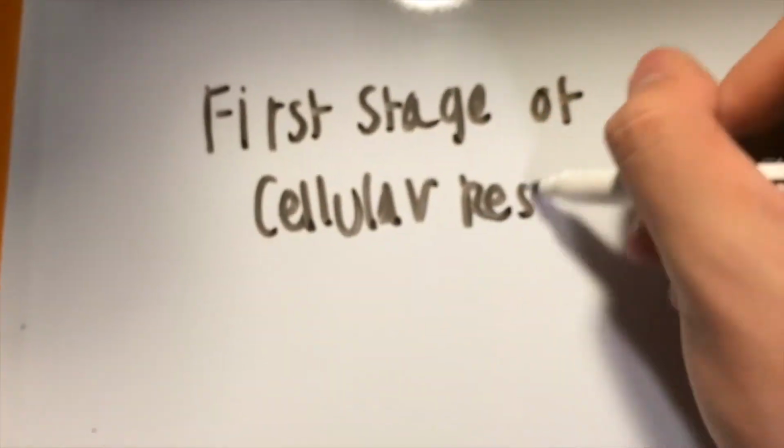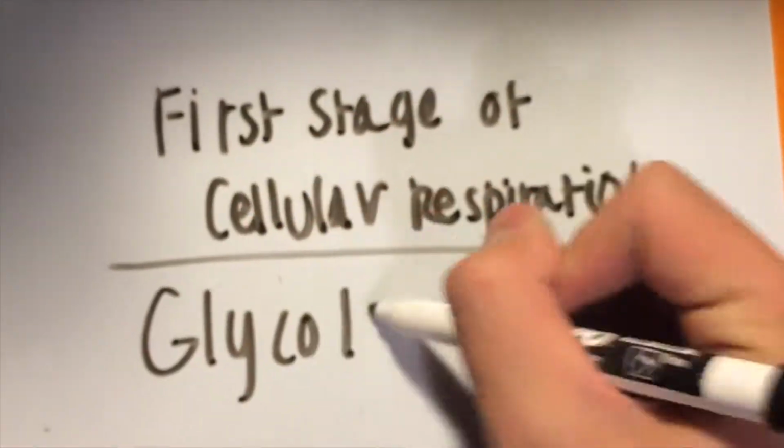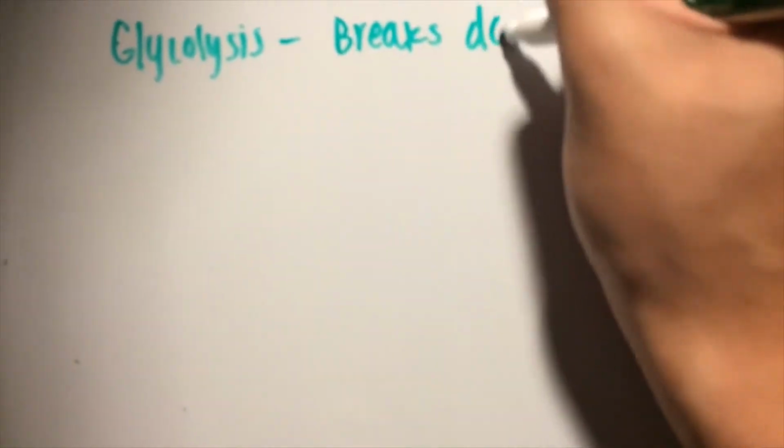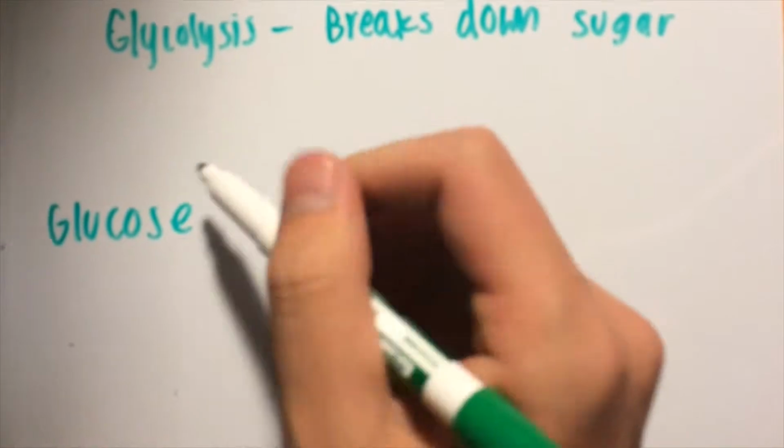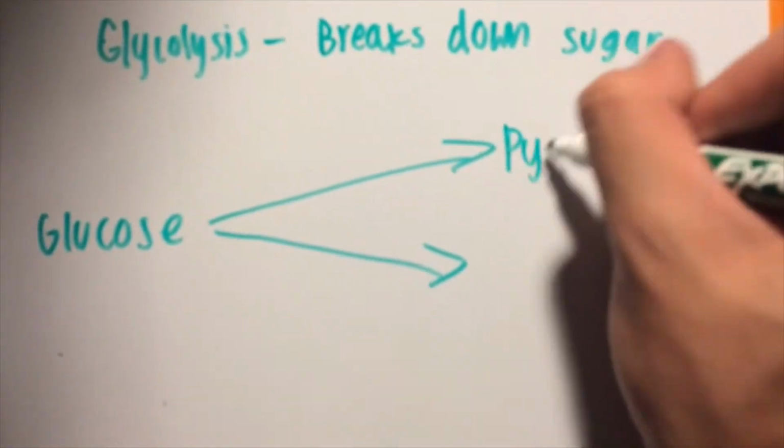Now let's move on to the stages of cellular respiration. The first stage is glycolysis. In the process of glycolysis, it harvests energy and breaks down glucose into pyruvate. For every 1 glucose, it produces 2 molecules of pyruvate,